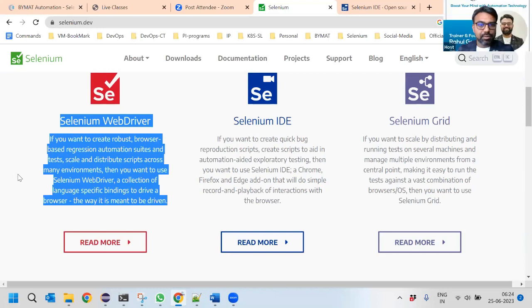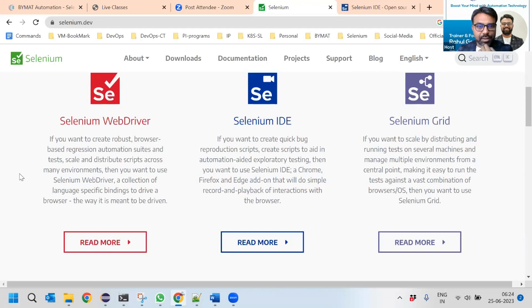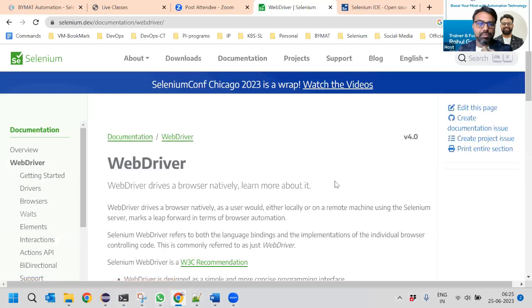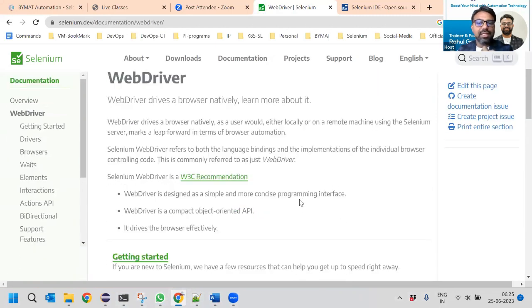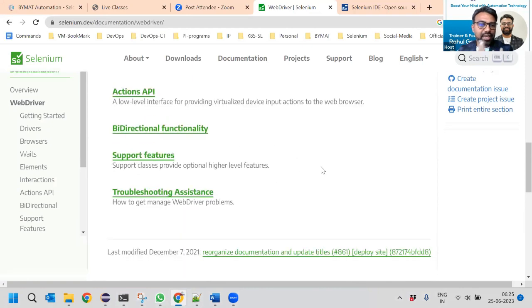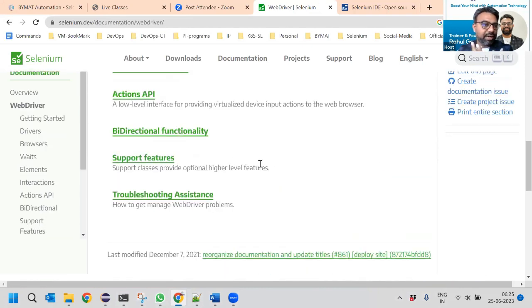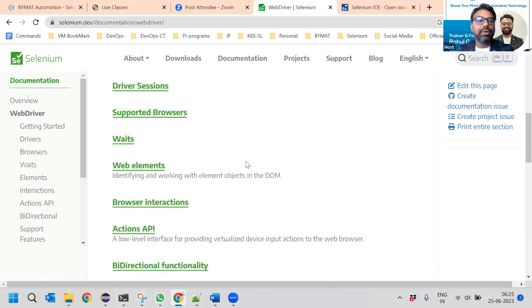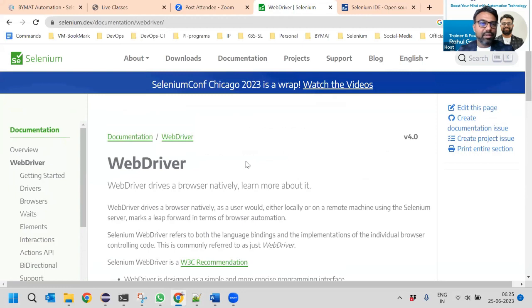Yeah. So that is how it is. All right. So next, there is Selenium WebDriver. If I click read more, there is some history given here about Selenium WebDriver, what it is and how it is. What are the different components? What are the different actions? All the URLs have been given. Whenever you get some time, you can browse them and look into what it is and how it is. And then if you go to the download section,